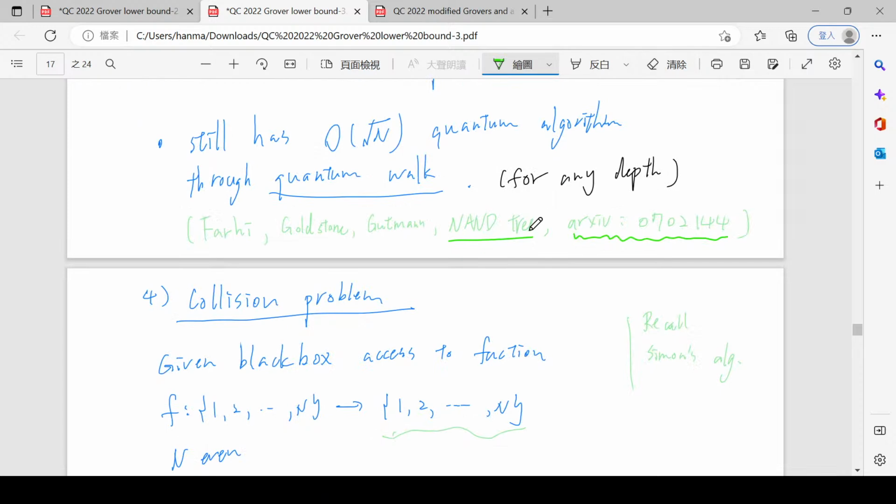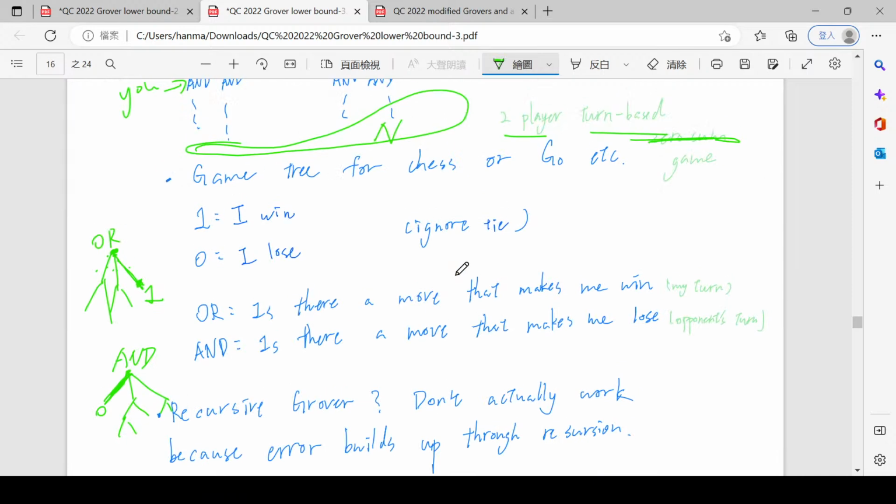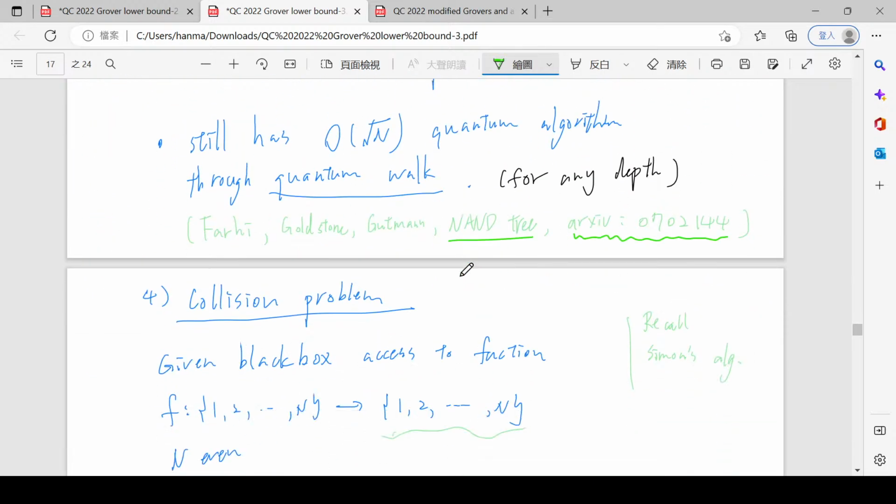Question? Not? Then let's talk about more computer science results, because this is the continuous time quantum walk. It is kind of like sending a wave packet in some physical setting. Anyway,